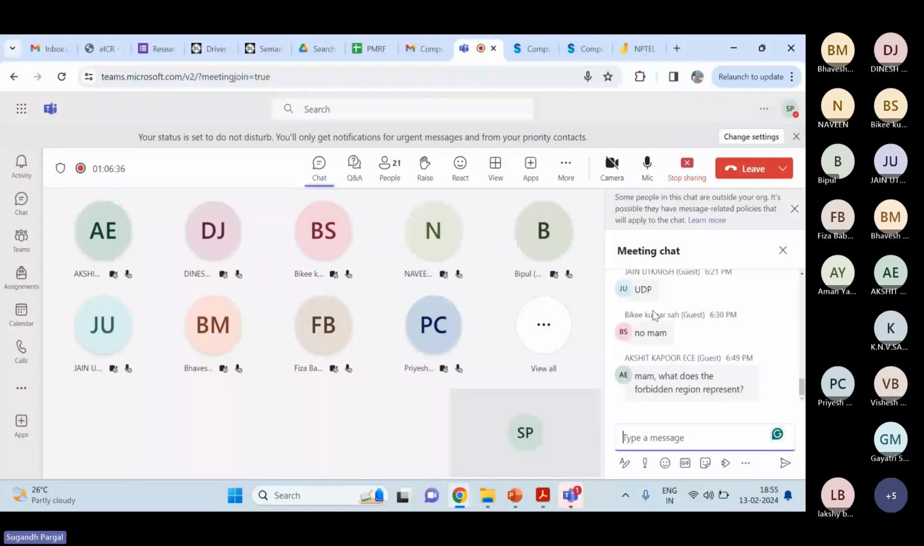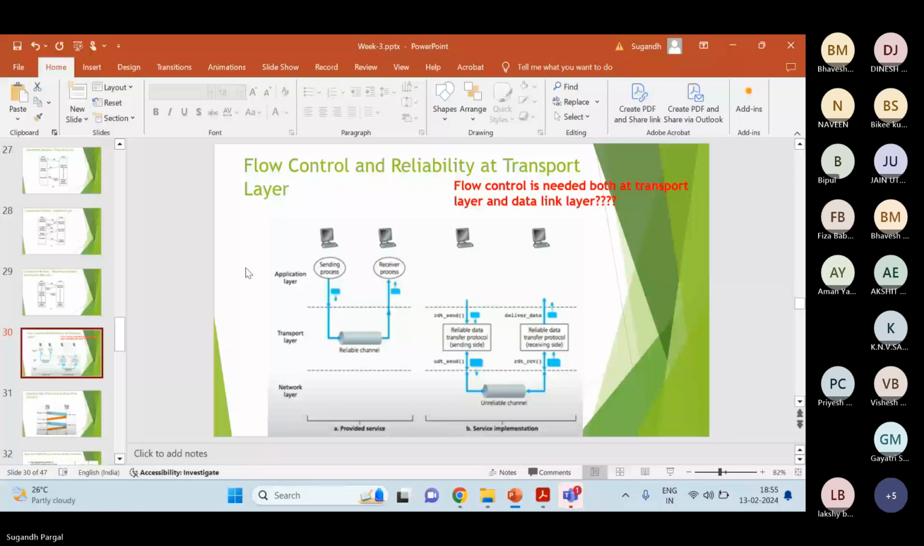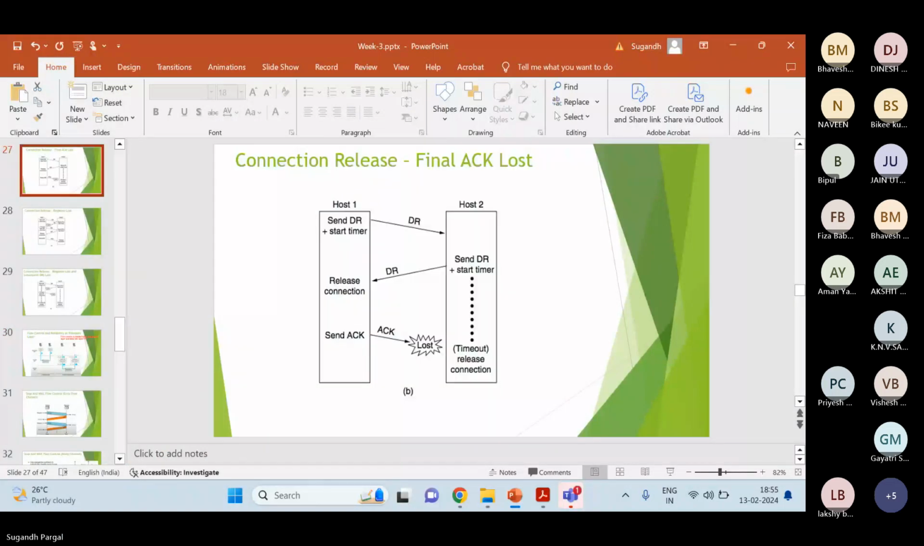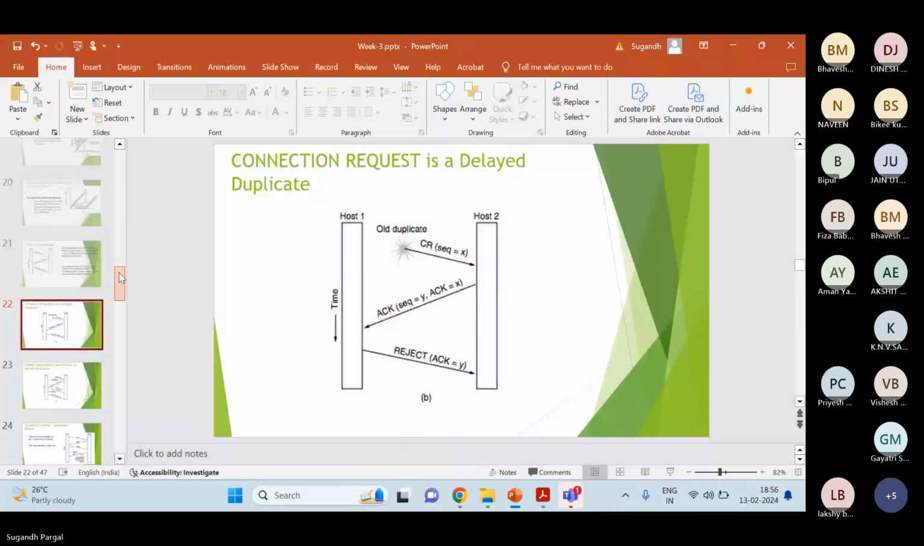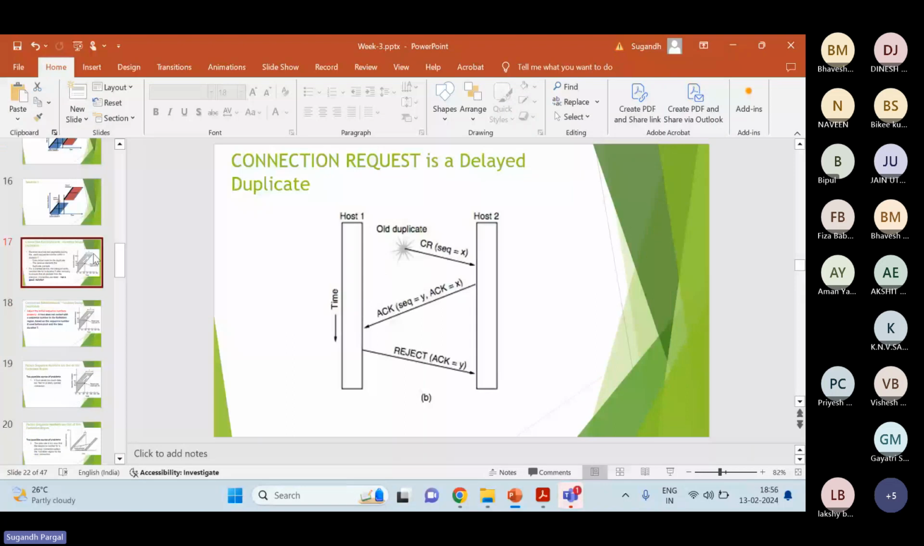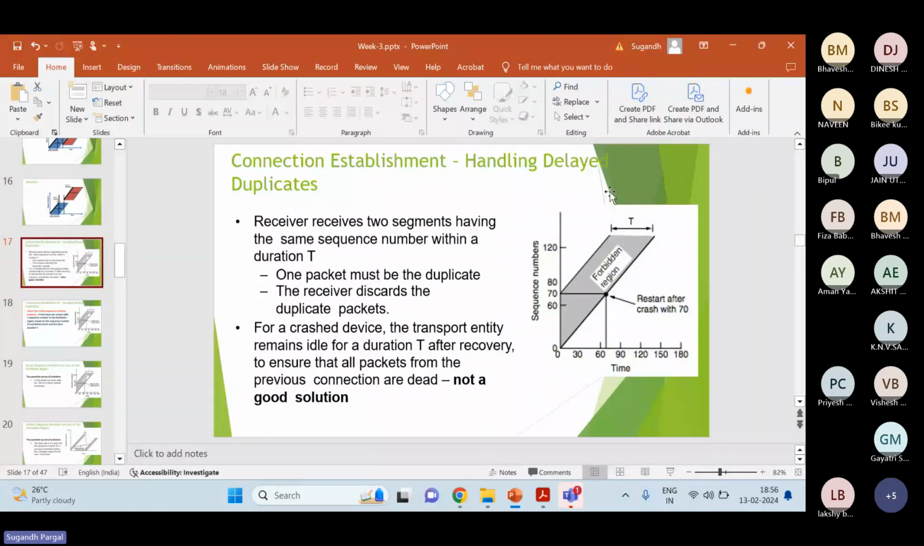You're asking what the forbidden region represents? The forbidden region is basically the region in which you cannot choose a sequence number. As I've shown here in the example also, this is completely a forbidden region. Okay, so if you start a sequence number from here again,